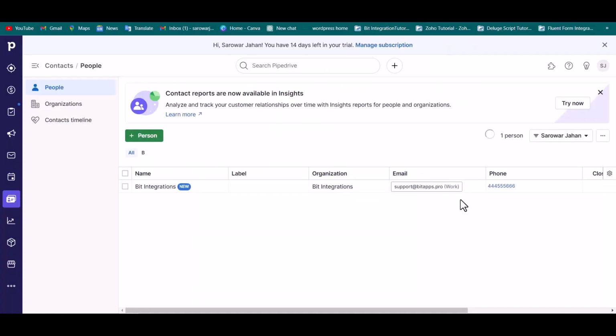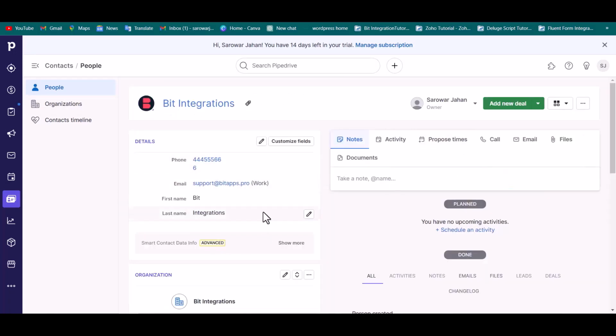Go to the Pipedrive site and go to the people. And you can see that the data came successfully in